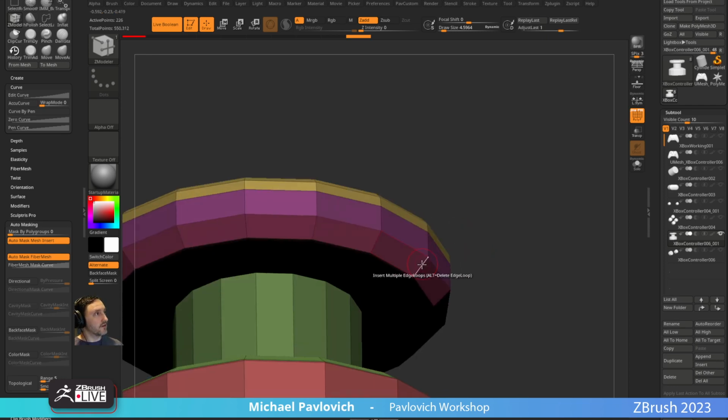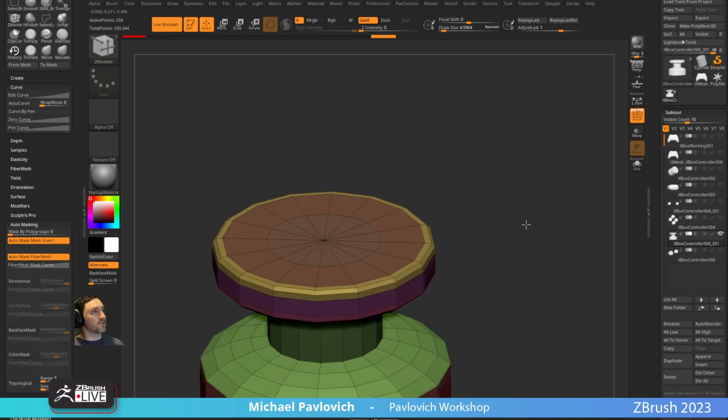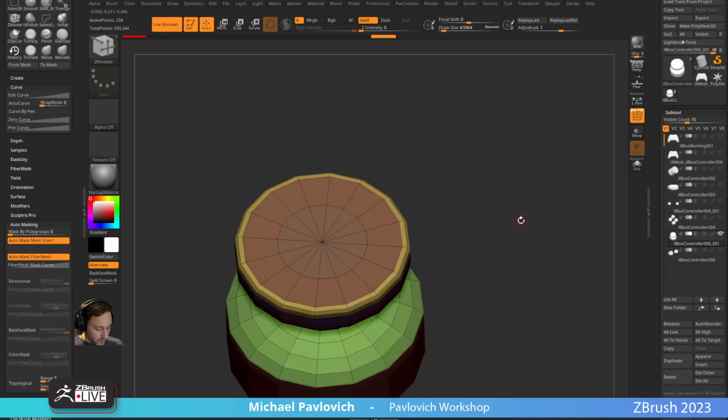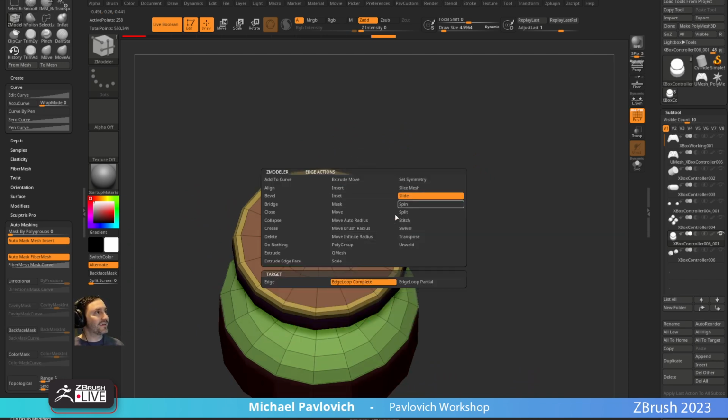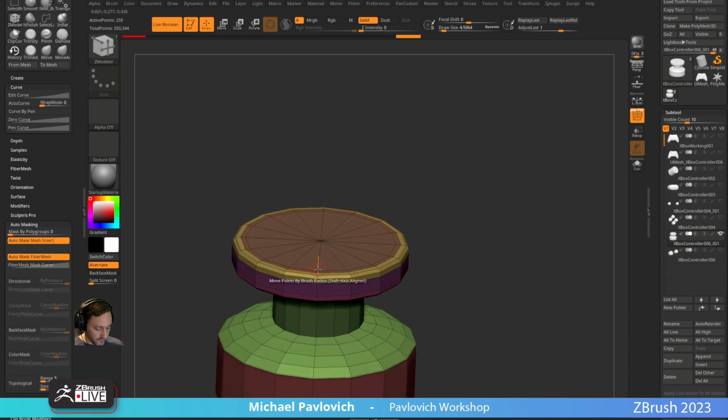Maybe hold that edge here. Does that look right? Hard to say. Okay, so now there's also a bowl scoop on the top of these here. So I'm going to say slide edge loop complete. We're going to slide this over to hold that edge, and then this whole middle section